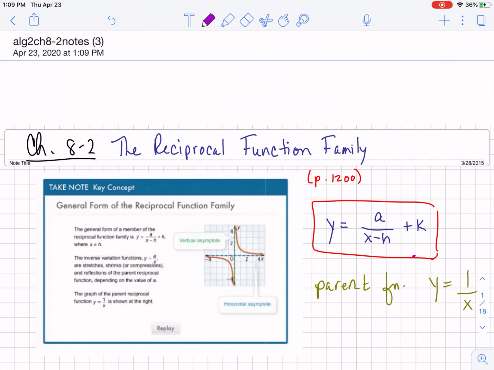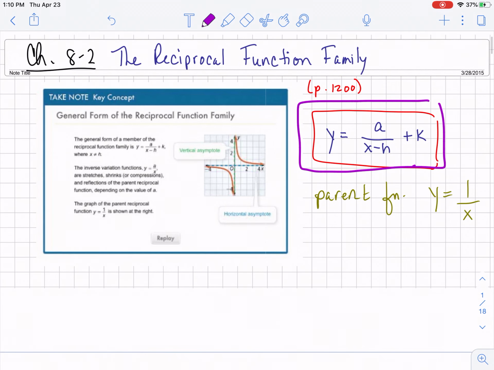Okay, guys, this is chapter 8.2. It's called the reciprocal function. Here in the purple box is what a reciprocal function is. It's y equals a